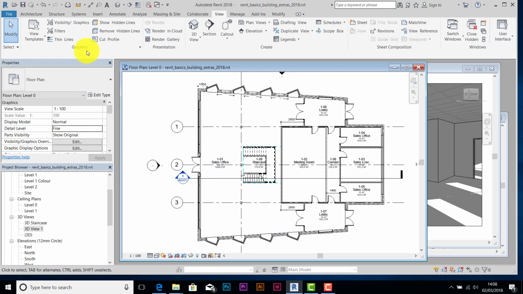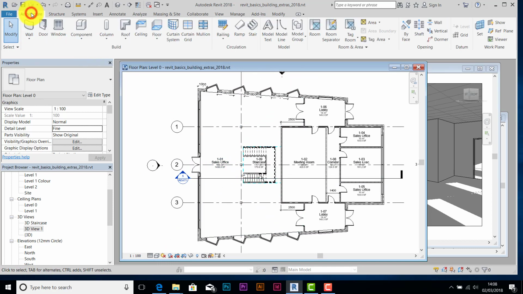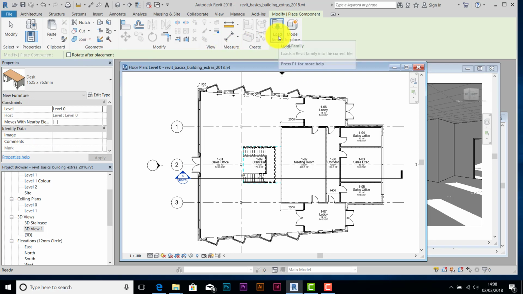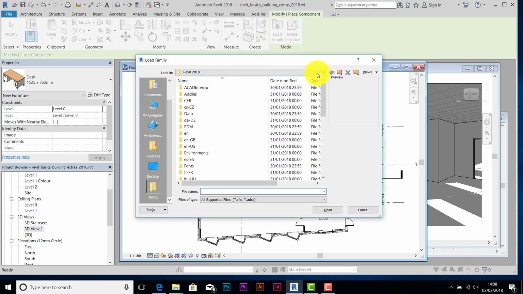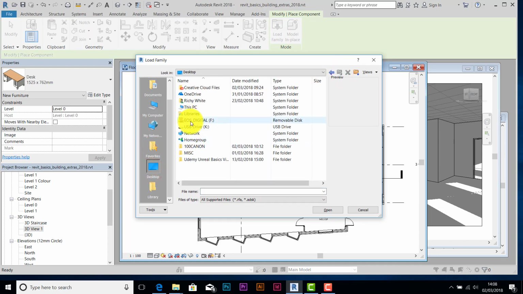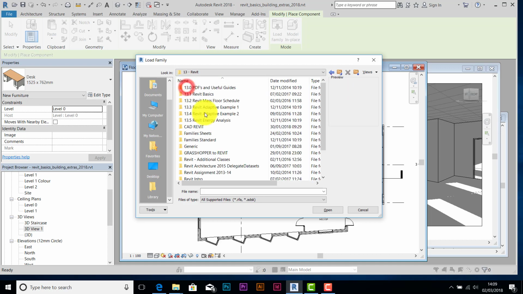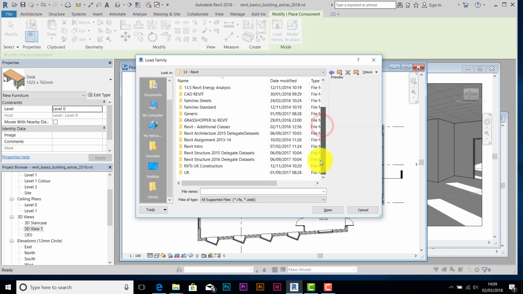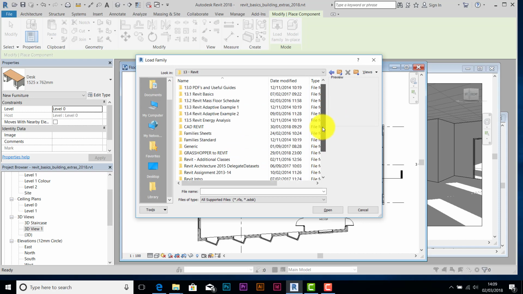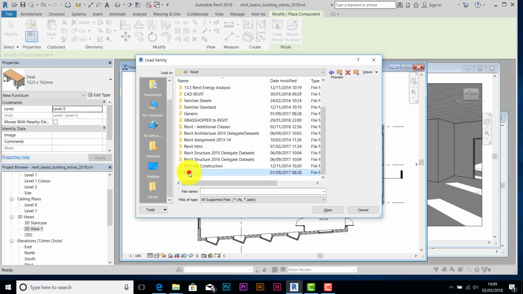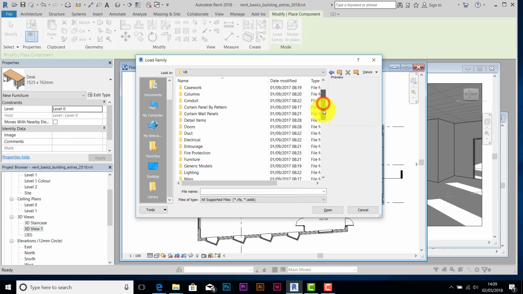Okay, I'm going to add some furniture now. So it's architecture, component, place a component. I want to load a family, and I'm going to go to my pen drive because I've got my stuff on there. Okay, I should have... Where are you? Okay, okay, and furniture,